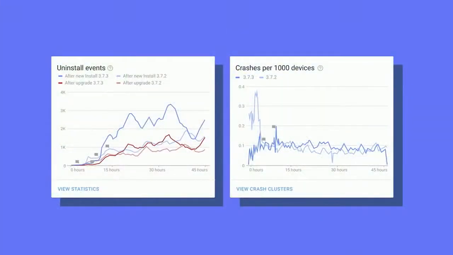Everybody has their own idea of what's an acceptable number of crashes and an acceptable rating. So Release Dashboard, when you open it later today, has a selector at the top that allows you to pick a past release to compare your current release against. So here's what comparison would look like for uninstall events and for crashes. The power of comparing is that it gives you even more signals to increase your confidence. You don't only have your crashes, you don't only have the impact that your ANRs are having on your ratings,